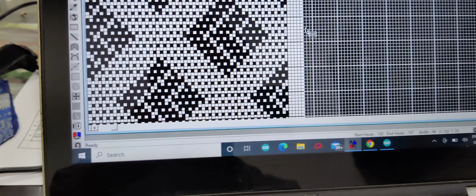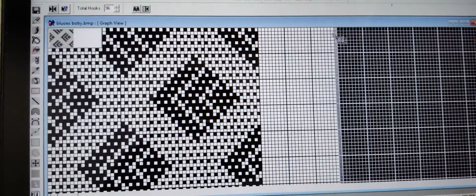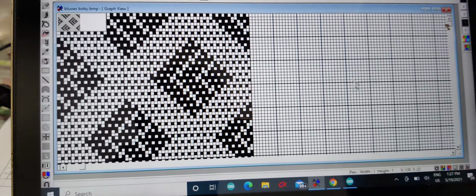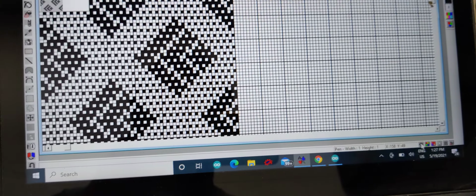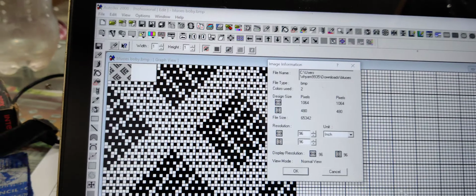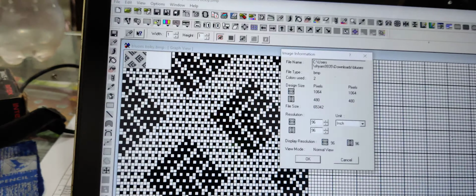Like this we will do. So you can see here 96 hooks are extra, and in total it will become 1056 in this way, you can see.